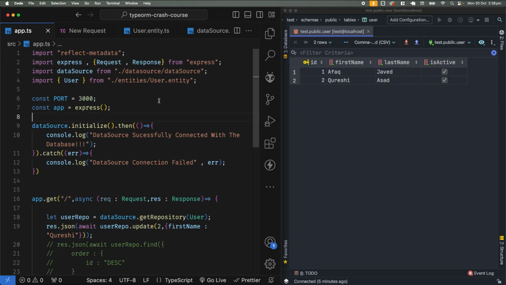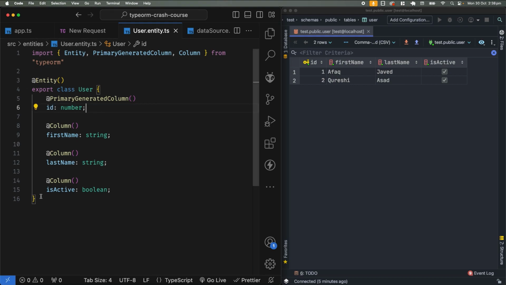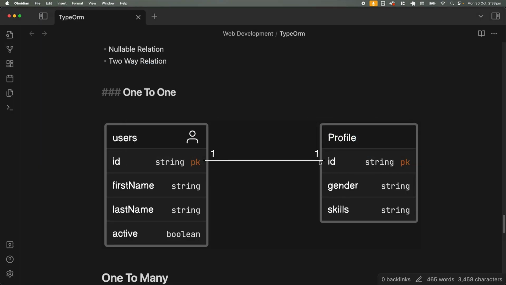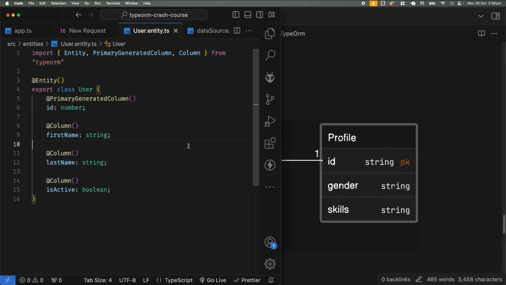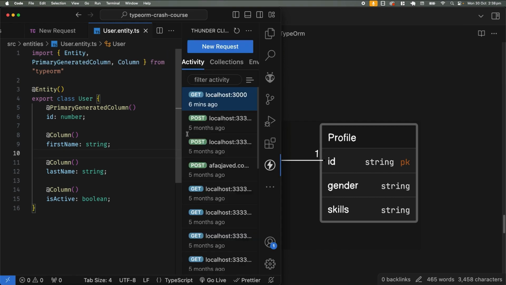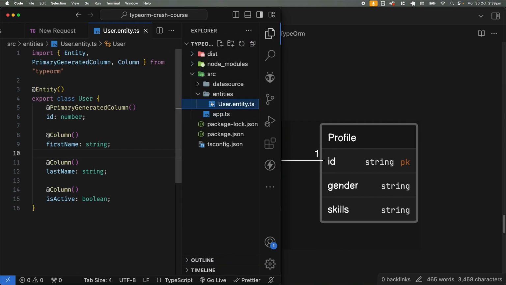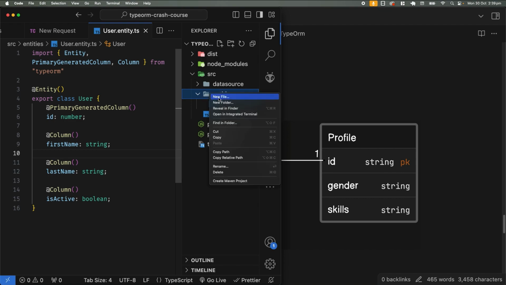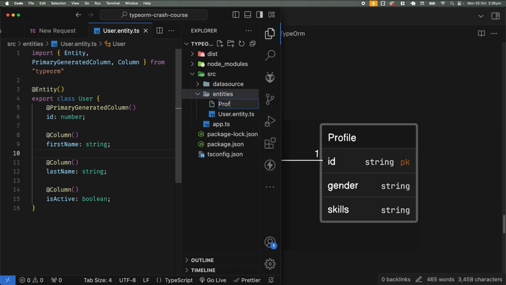Okay, so let's say we want to create our user entity. For now we know that we already have our user entity, but since we need a profile, because we have discussed that we need a profile entity as well, let's create a new file. So let me open my file explorer, and inside our entities folder I will right click and create a new file, and let's call it profile dot